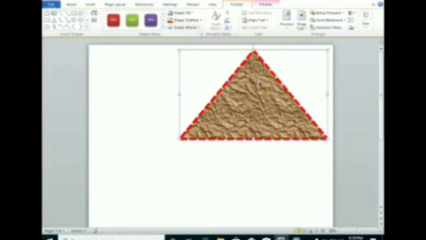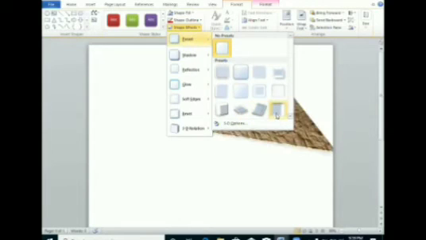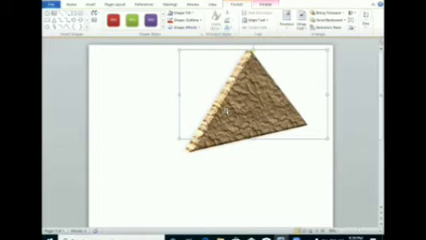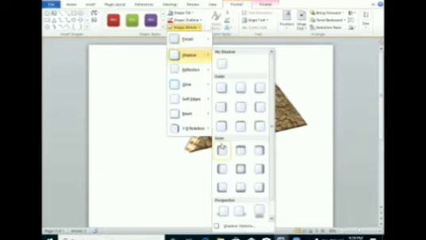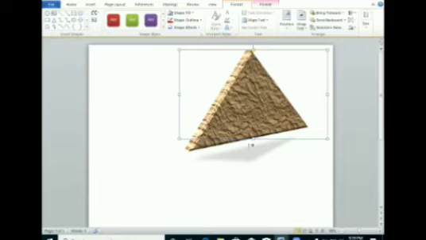Shape effects. If I want to give different effects to the shape, go to the shape effect preset. You can see here all the effects you can see on the document. Here, whatever effect you want to take, just take it. And same like that, if you want to provide shadow, wherever you want to apply it, just apply that shadow. You can see here the shadow is now displaying here.